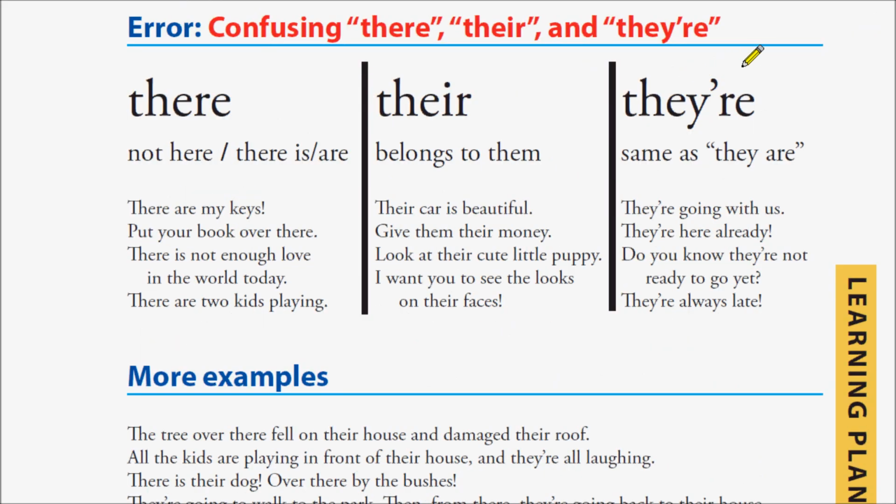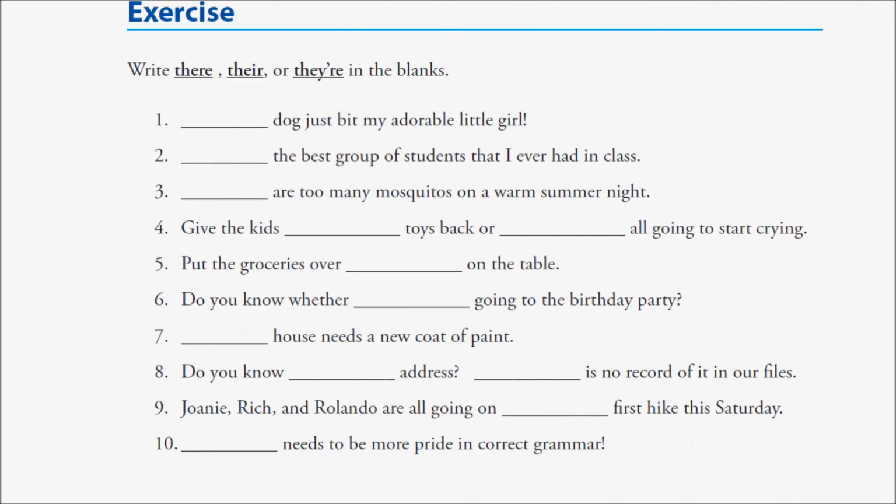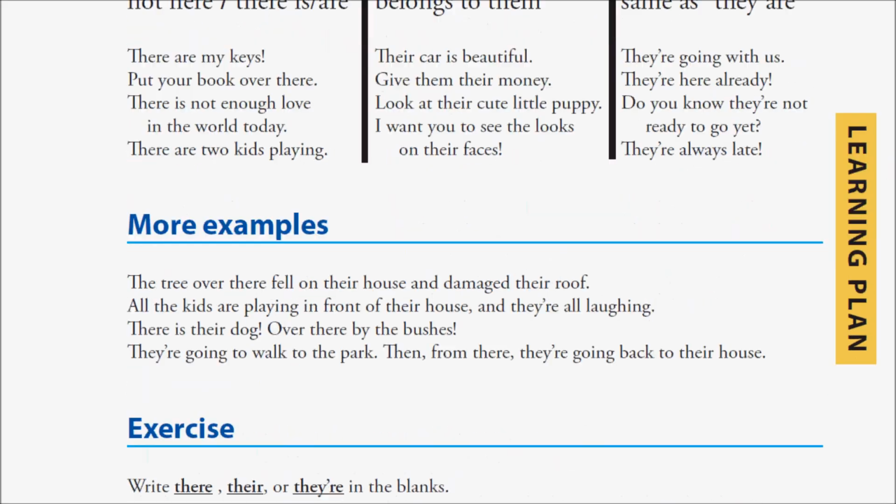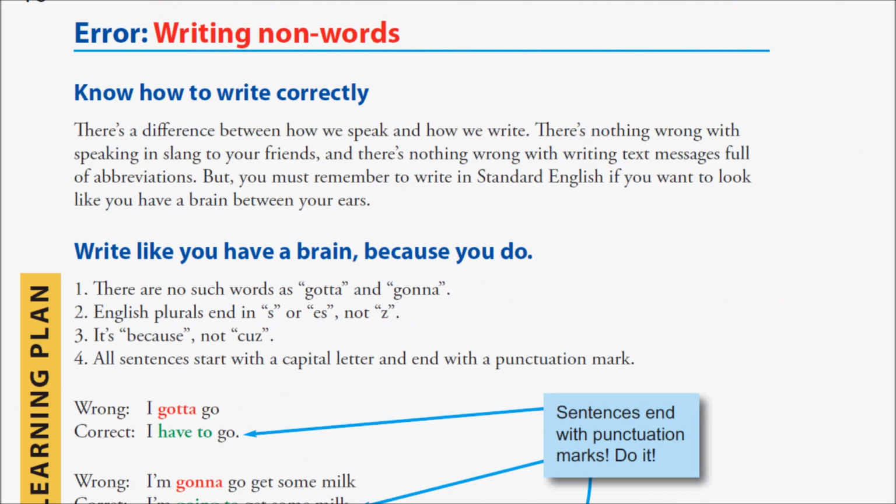You know what I do? I give them this sheet back, and I make them do this again, and I make them do it again until they get it right. Because it's important to get these things right. If it wasn't important, I wouldn't be telling you it was important. I'm not here to waste your time with silly things. This is actually a big one, and you need to make sure that you get these right. Okay? Let's move on. Writing non-words.